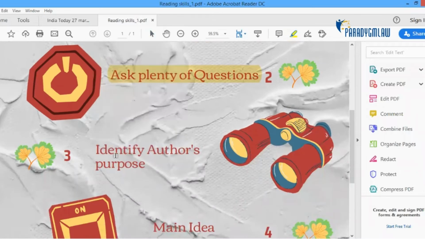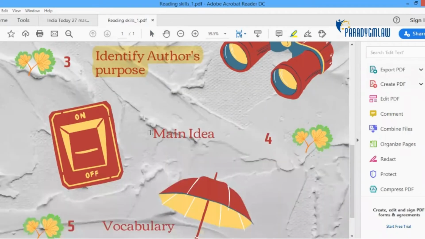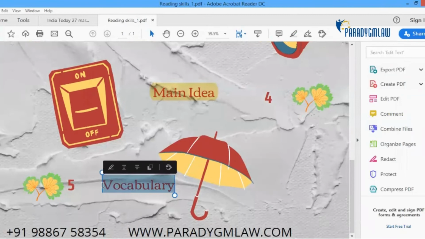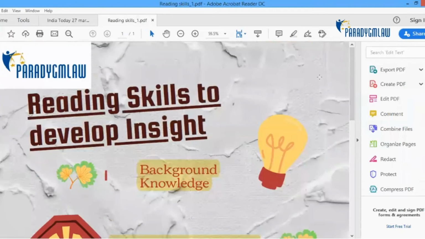Keep a keen lookout on how to identify the author's purpose in writing the article. Then the main idea. So here I would emphasize that we will look at main idea per paragraph and not just the entire article. We will go passage by passage so you get to understand how to figure out the main idea. And of course, certain words we will highlight where the vocabulary is important. So let's begin. Today I would like to